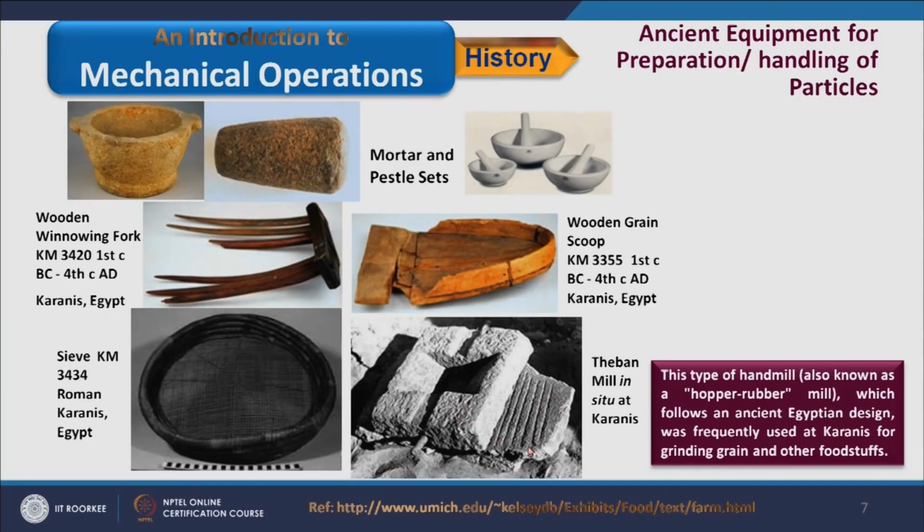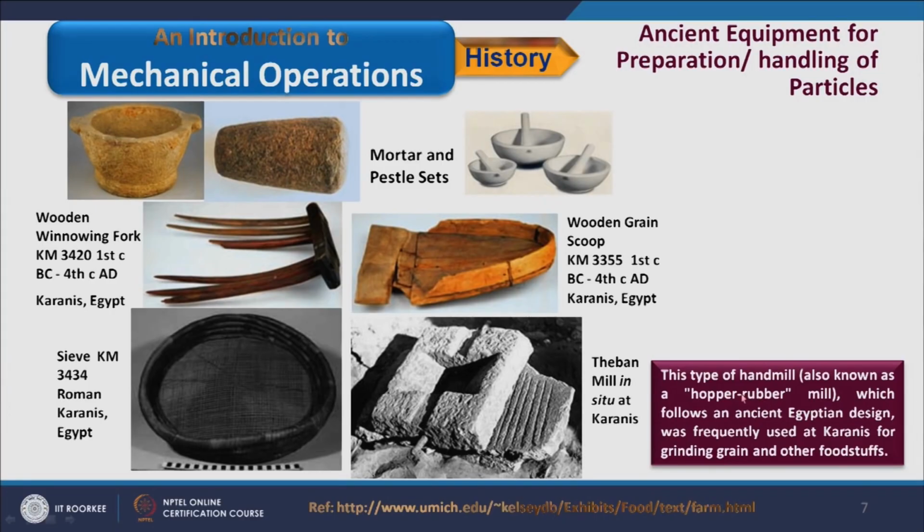And here, if we consider this example, it is the grinding mill in which this particular stone is fixed and this particular stone is movable. As we use in the water mill, there was one stone at a stationary position and another in a rotating state. Here it is a stationary stone and this particular stone is used for rubbing, not for rotation, but it slides over the stationary stone.